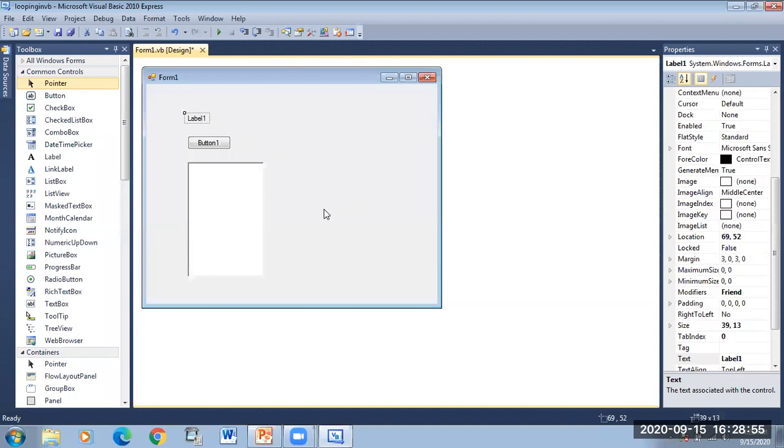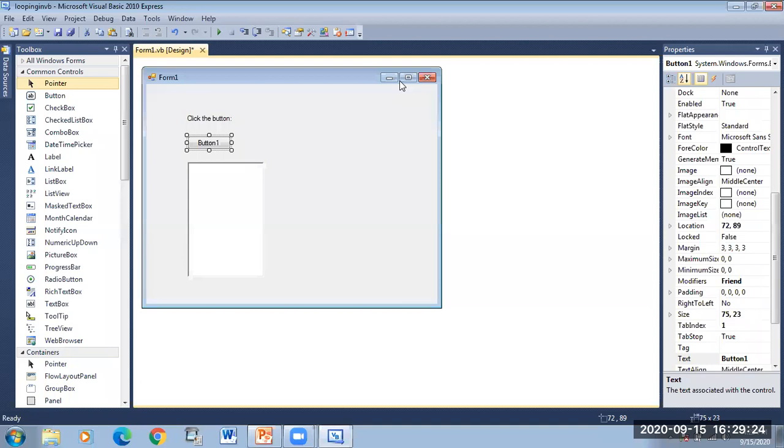The label's name will be Label1. The text will be what? Click the button. So we have to change the text to "Click the button". Next control is the button. The name will remain Button1 and the text will be "Enter a line".